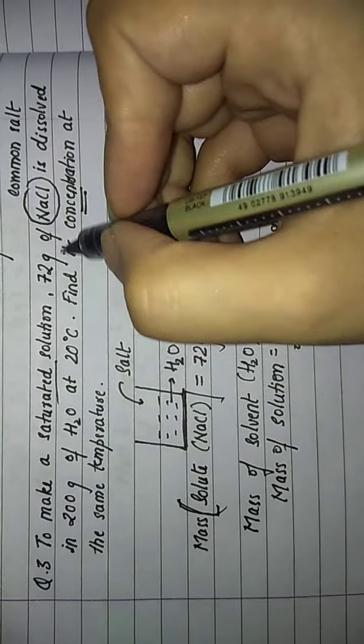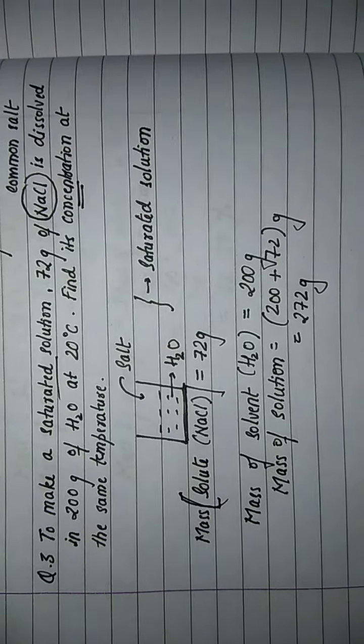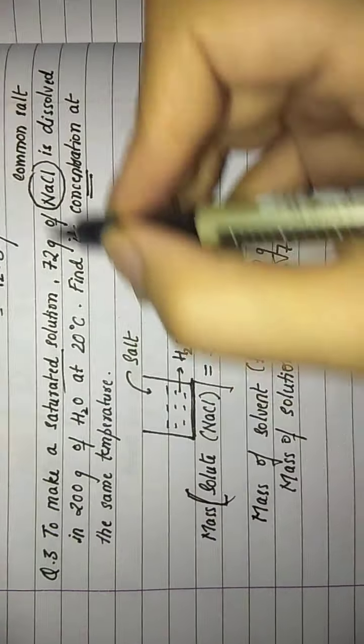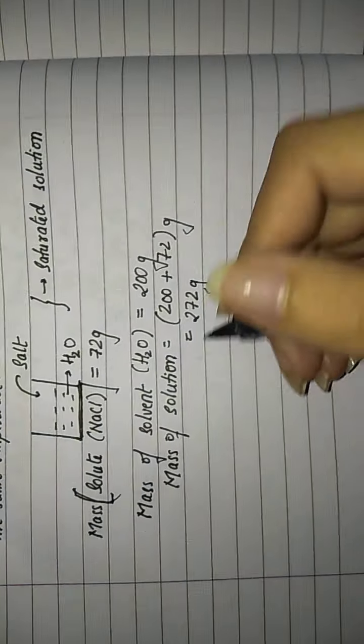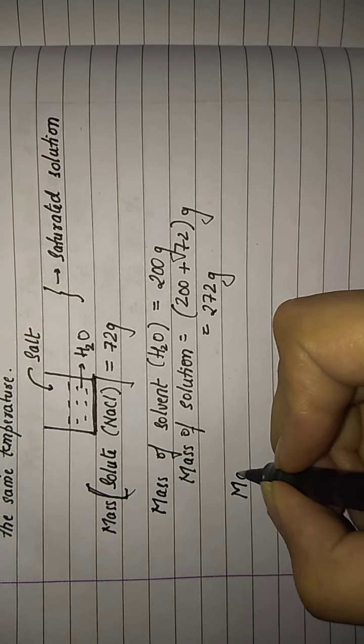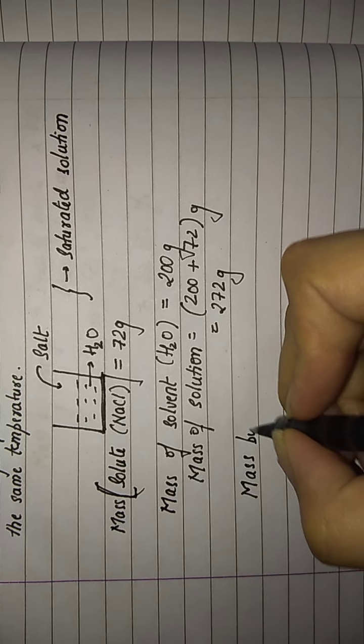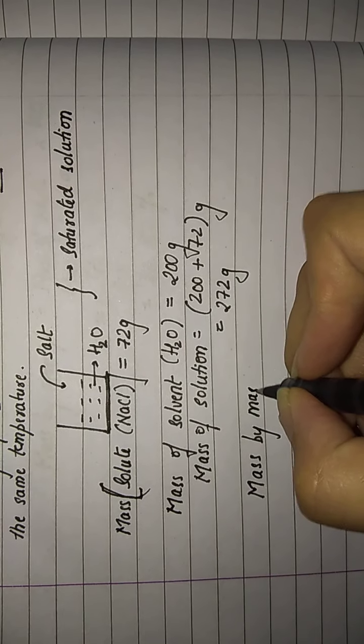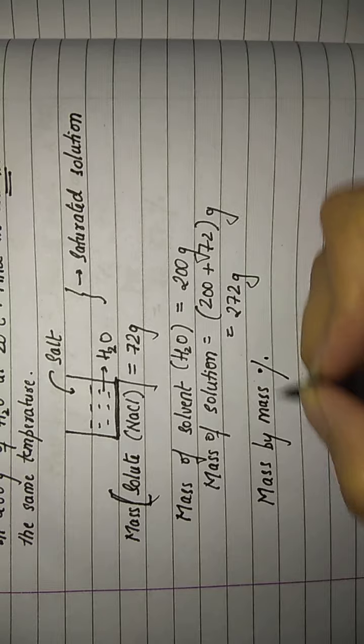तो यहाँ आप खुद देख सकते हैं दोनों का ही मास जो है वो ग्राम्स में गिवन है. ओके, यानी कि दोनों का ही मास गिवन है हमें. सॉल्ट का भी और वाटर का भी दोनों का मास गिवन है. जब दोनों का मास गिवन है और मास ऑफ सॉल्यूशन भी हम निकाल चुके हैं, सो हाउ वी आर गोइंग टू एक्सप्रेस द कॉन्सेंट्रेशन? वी आर गोइंग टू एक्सप्रेस इट in mass by mass percentage.